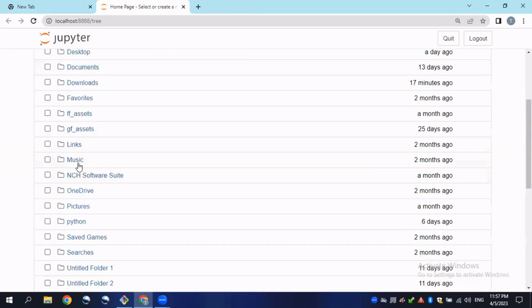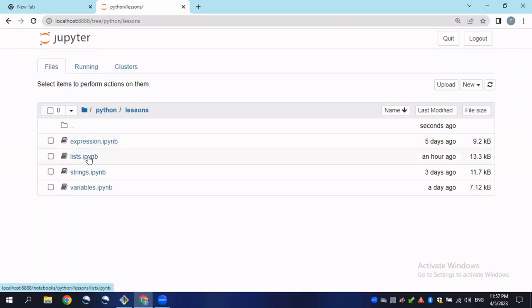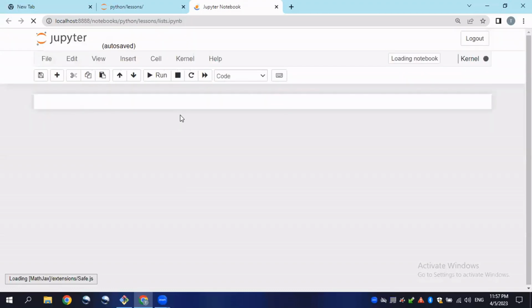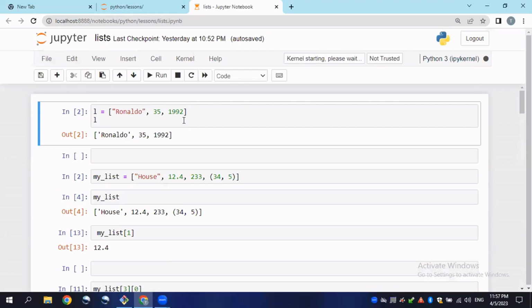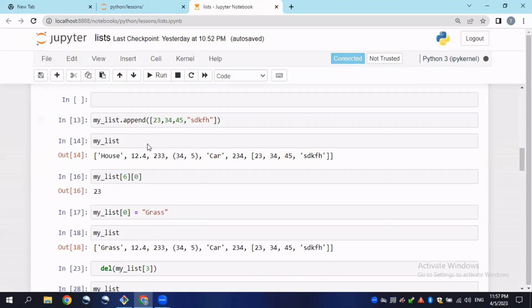Okay, we will go to the Python first, lessons, and open this list file again here and continue our functions here. Okay, we have covered all these